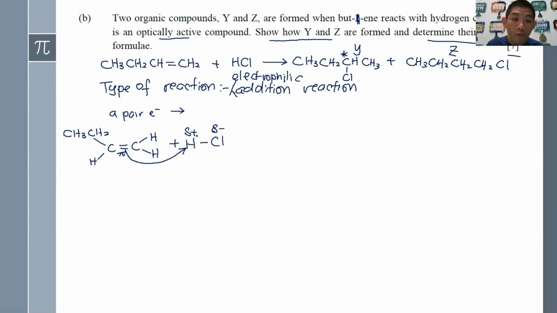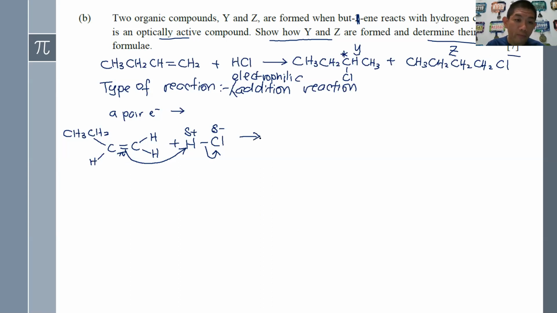So which one will be broken? Of course, the one which has a longer bond length, which is the H and Cl. So H and Cl will undergo what we so call a heterolytic fission. Heterolytic fission. So when this takes place, where carbon takes the positive, it will form what we so call a